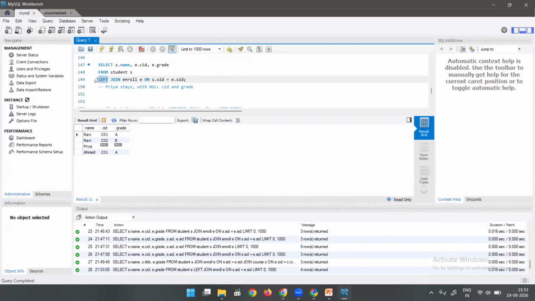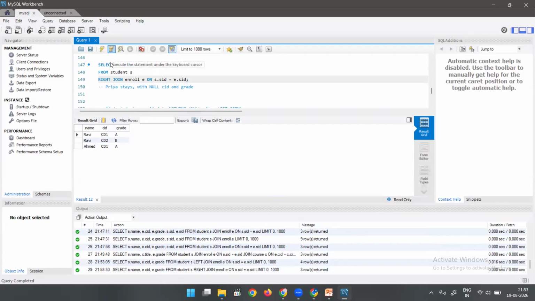In the same way, if I write right join, then the right side data will definitely appear, meaning CID and grade will come even if they do not match. In this one all the CIDs and grades match, so they are displayed, but Priya has been removed because Priya is not concerned with the right join.